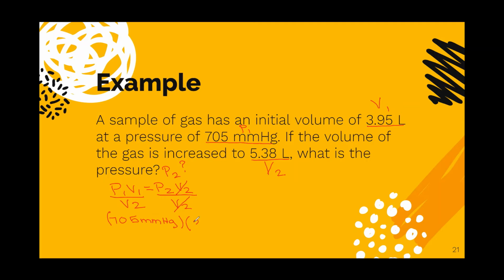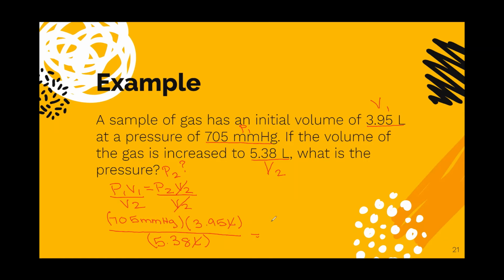V1 is 3.95 liters. V2 is 5.38 liters. Notice that my liters cancel out and I'm left with units of pressure, and so those are going to be the units that I actually end up getting my pressure in. So we're going to go ahead and multiply 705 times 3.95, and then we're going to divide it by 5.38,